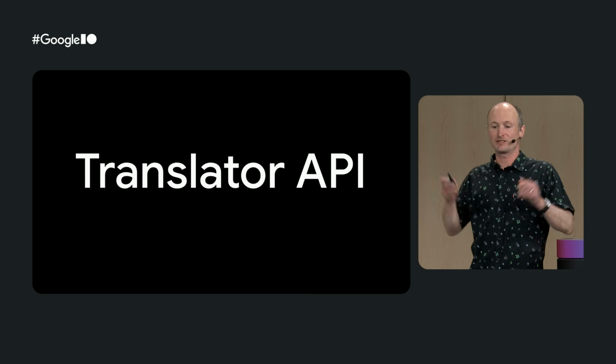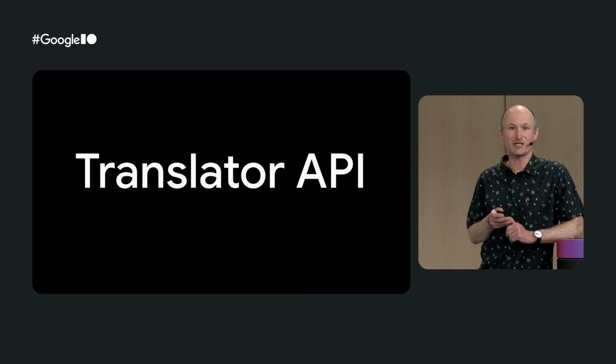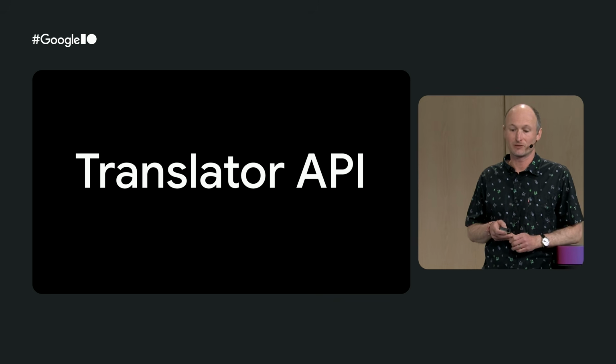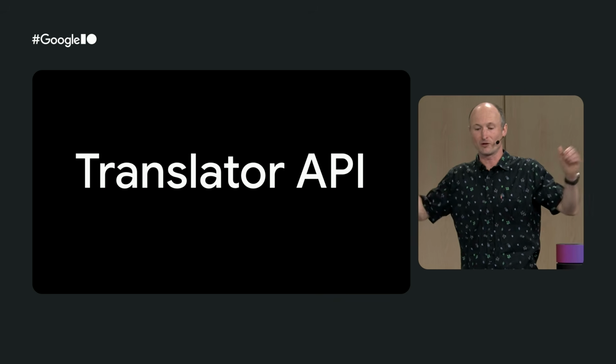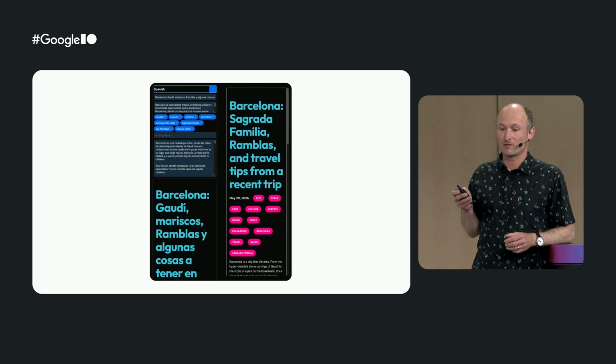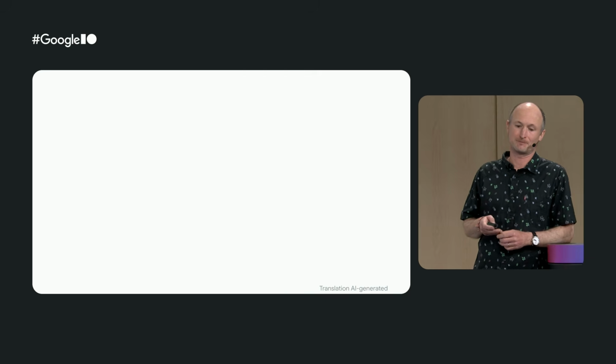You all here likely speak different languages, and some of you might even use translation to listen to my talk. So let's dive in and see how the Trailblazers blog uses the Translator API to create content for a global audience. The Trailblazers blog started in English, but has since gained support for Spanish and Japanese.